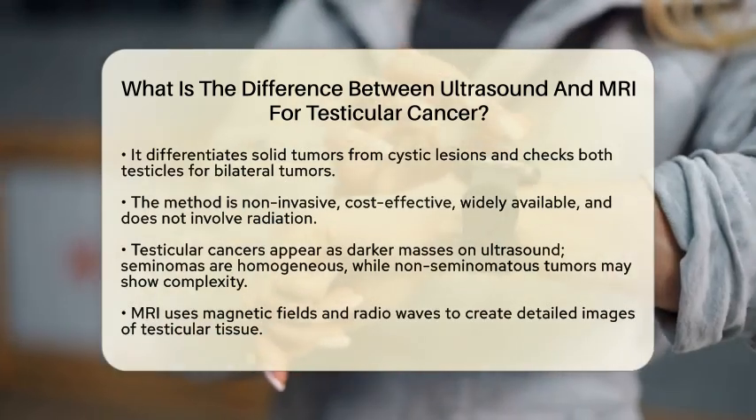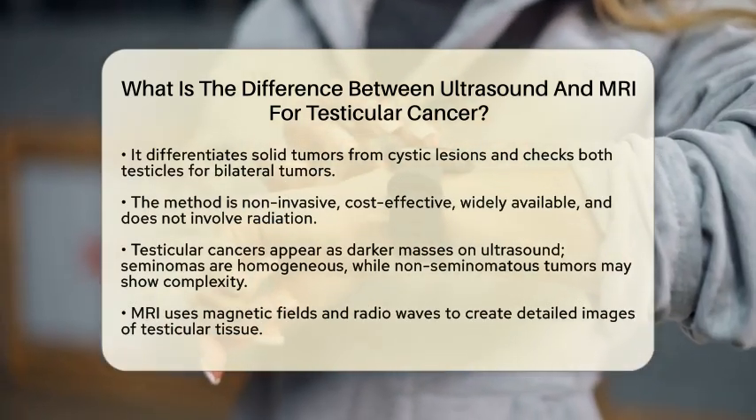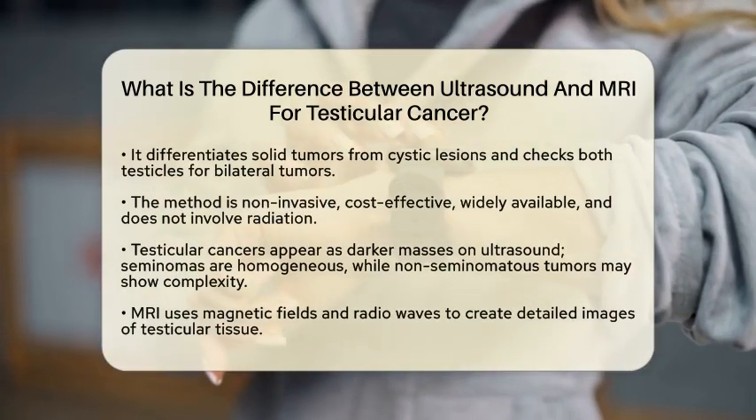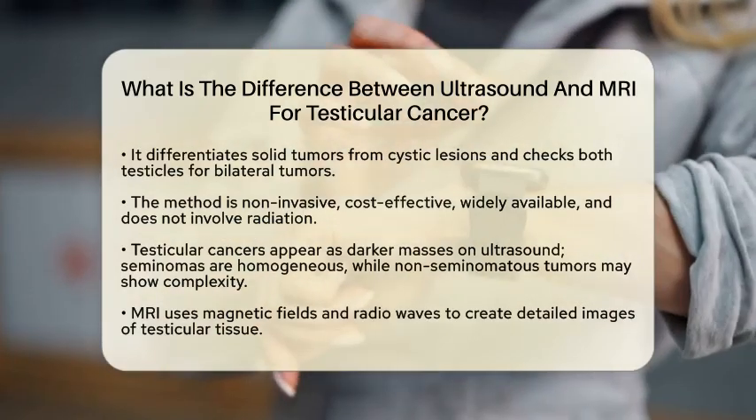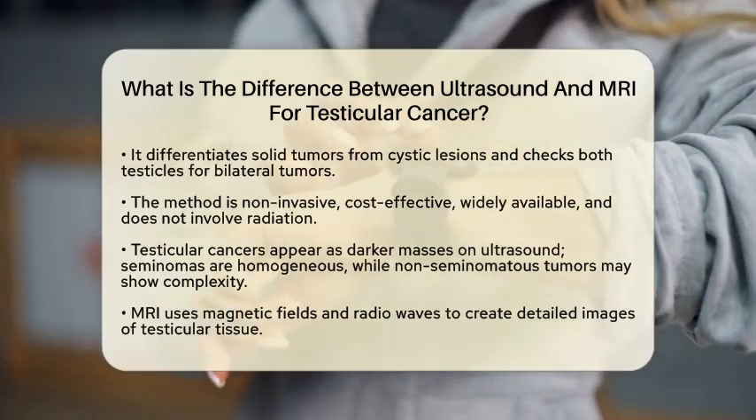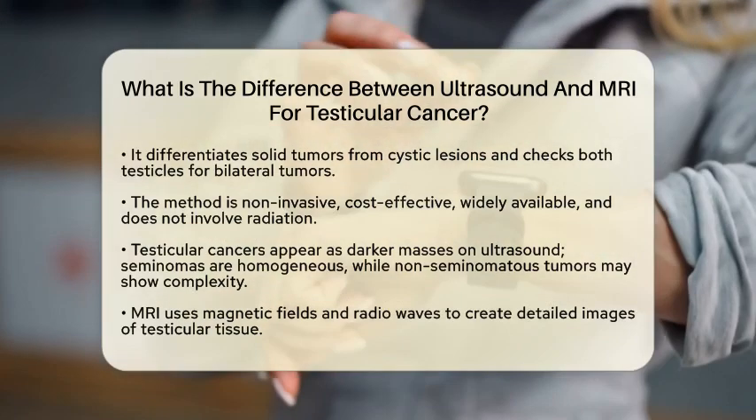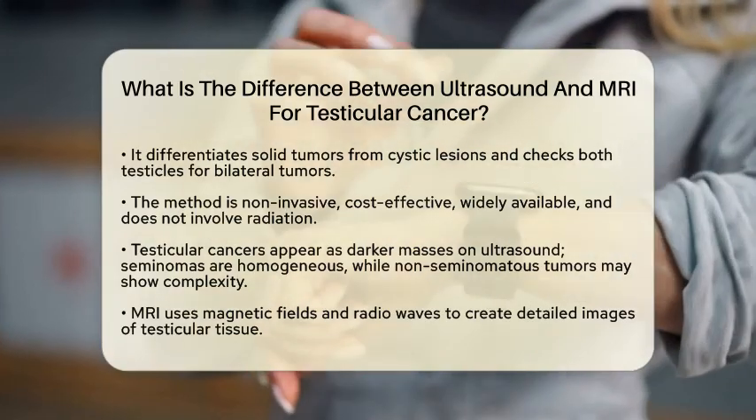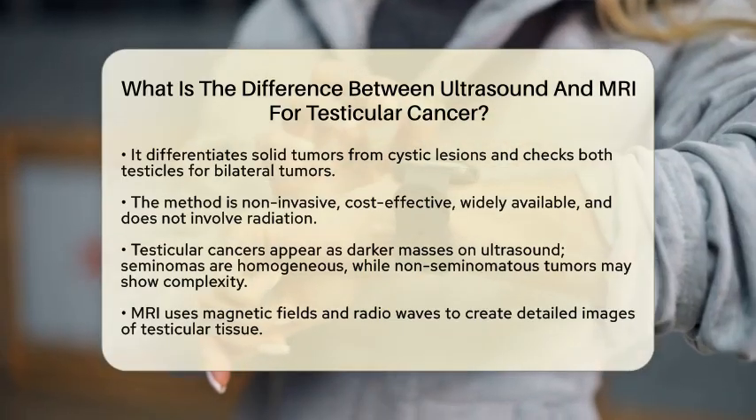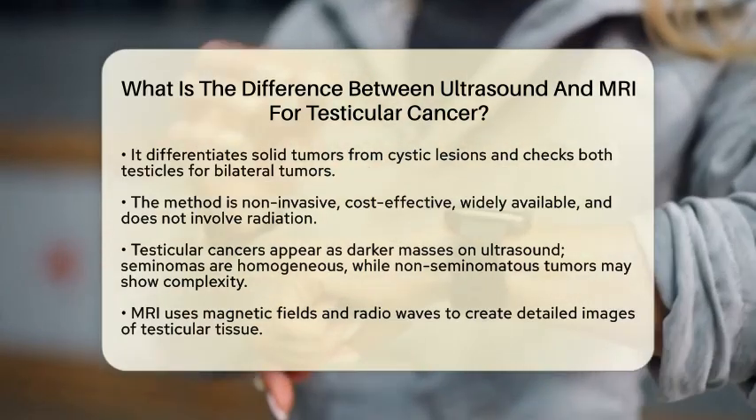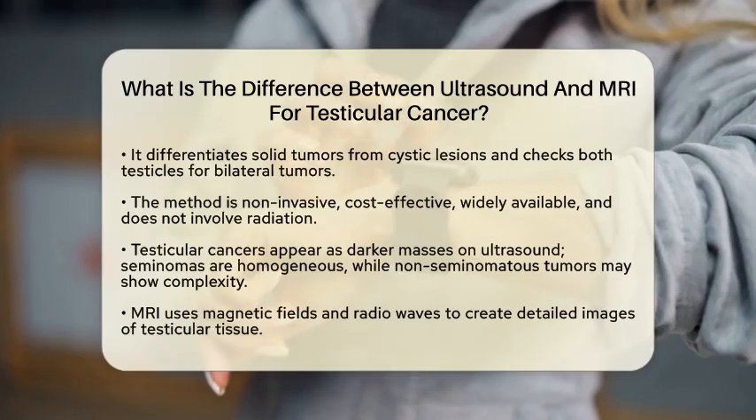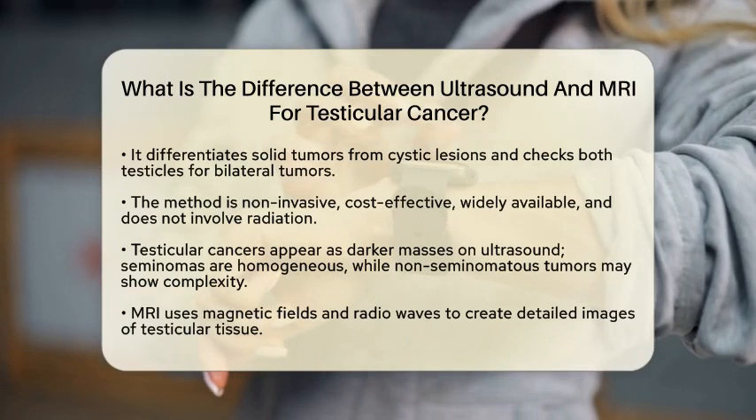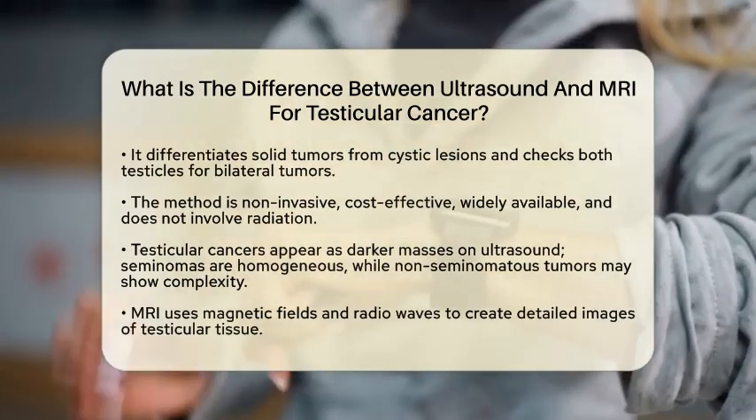One of the best things about ultrasound is that it is widely available, non-invasive, cost-effective, and does not expose patients to radiation. Typically, testicular cancers appear as darker masses on ultrasound images. For example, seminomas usually look homogeneous, while non-seminomatous tumors may appear more complex with possible calcifications or cystic areas. Ultrasound is particularly useful for detecting small or hidden lesions and is the standard initial imaging tool before any surgical